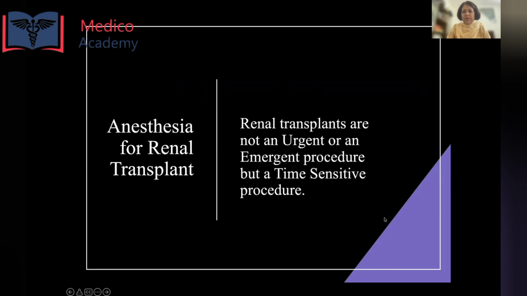So when we begin to discuss surgery and anesthesia for renal transplantation, foremost is the point that renal transplantations are neither an urgent nor an emergent procedure, but still a time-sensitive procedure, and that should always be kept in mind while evaluating any patient for